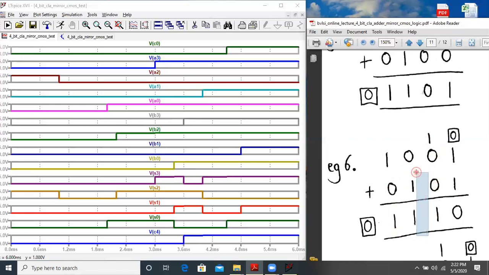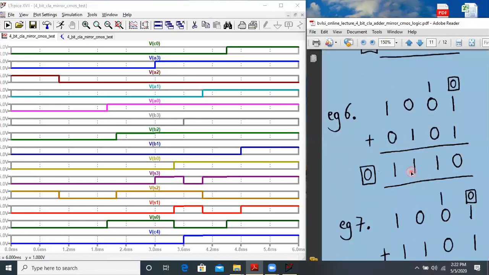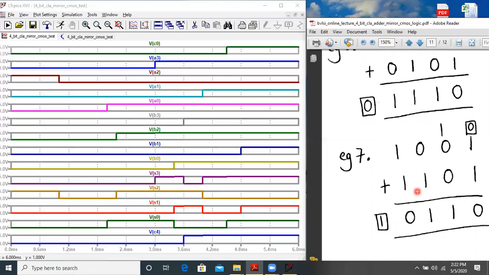Let us check the next condition, the seventh condition, which is from 3.6 millisecond to around 4 millisecond. C0 is 0 here. Let us check the status from A3 to A0. A3 to A0 is 1 0 0 1. So it is correctly written here on the right hand side.